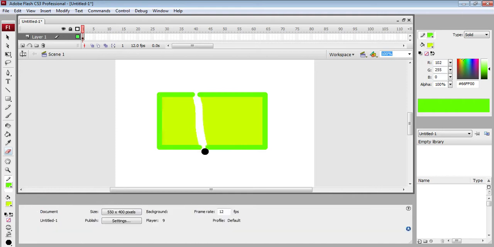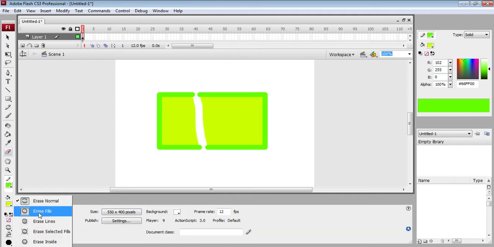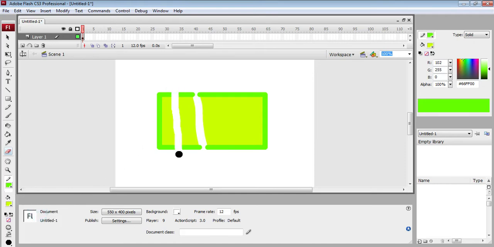You can see it has erased everything. Now another given is erase fills. Now you can see the changes. I am going to erase similar to the previous, but you can see it has erased only the filled areas. Next is erase lines. Now see the changes. I am going to rub everything, but you can see it has erased only the lines and the rest are unaffected.